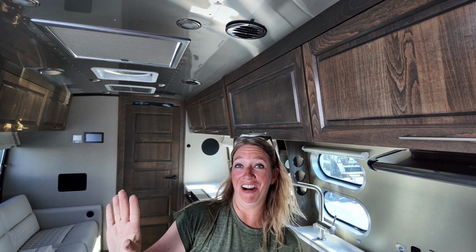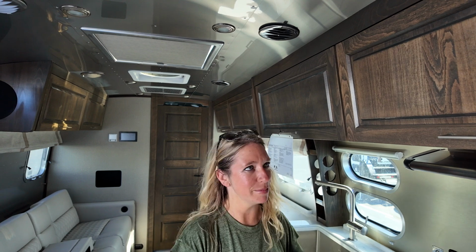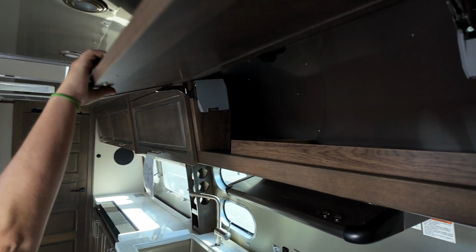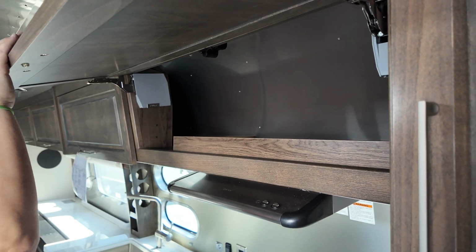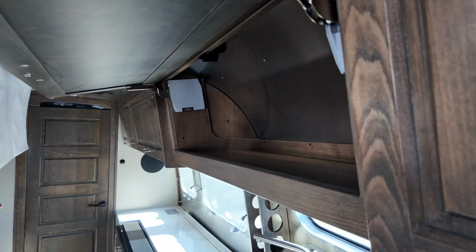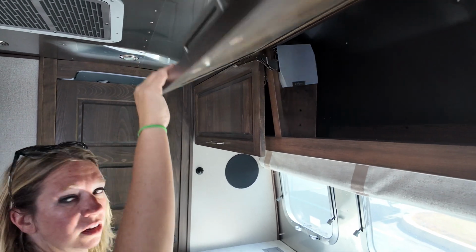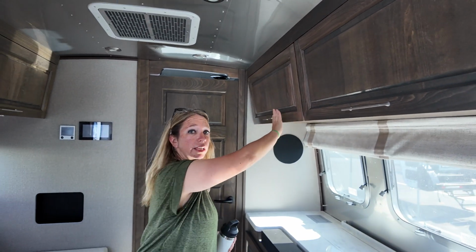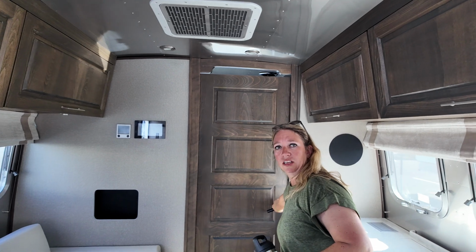The most important part is the MSRP on this is $214,000. So if you're interested, just keep that in mind. Oh, it's for the hood, the vent. Got it. Tons of space. These are cool. You have a little bit of a pantry over here, but there's not like a...